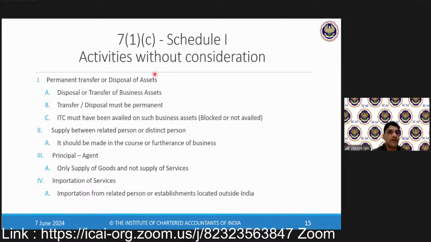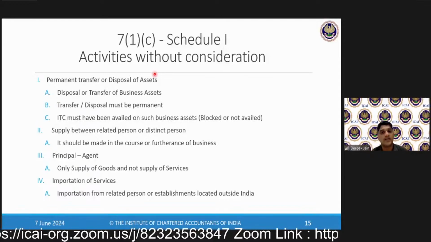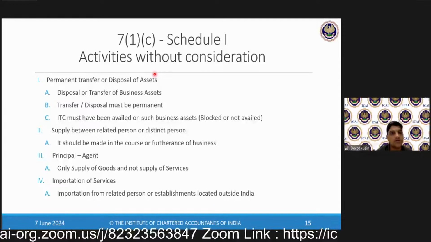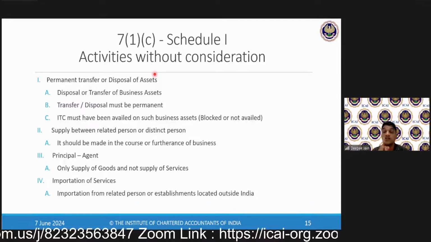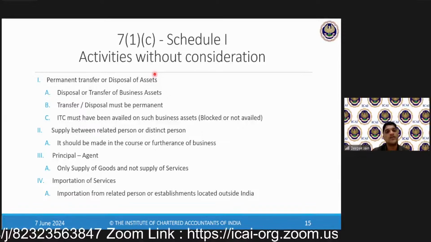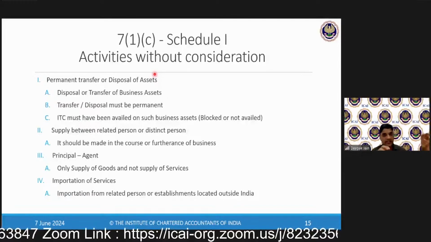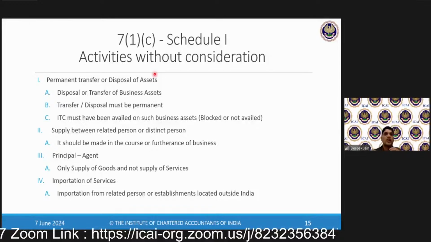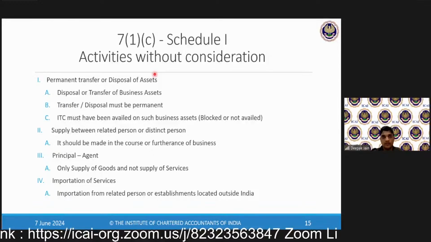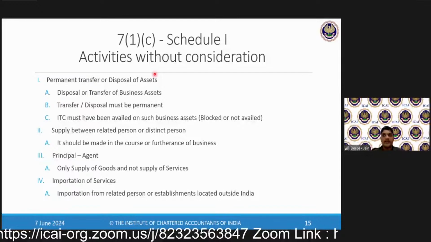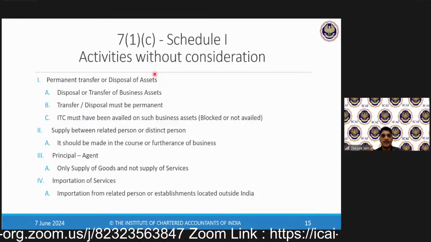They gave you with the expectation that you will pay the GST on output. Now you are not paying output. So that's why they're saying that it is under Schedule 1, that it is no consideration. Then you will have to pay GST on that because you have claimed the credit. The chain, what I was saying, is that the chain has to continue. That ITC is there and there is the output. Now you have claimed the ITC, and if you're not paying the output, then either reverse the ITC or pay the output.